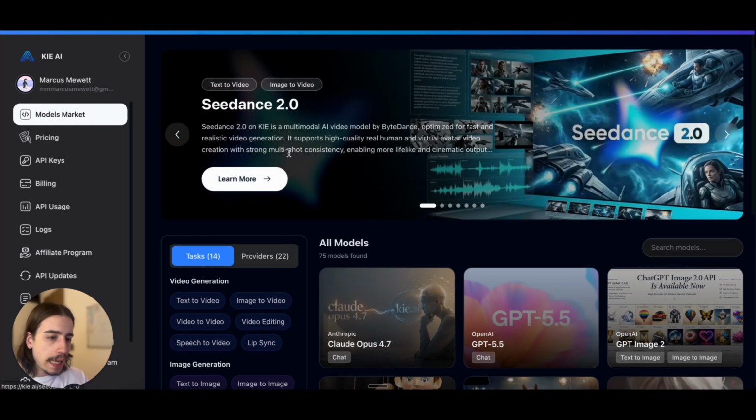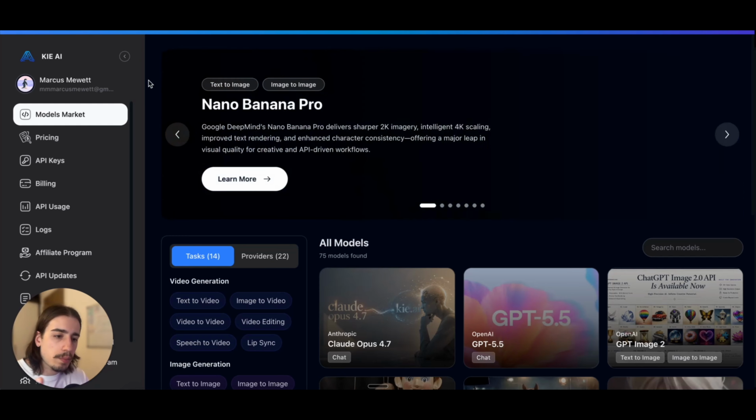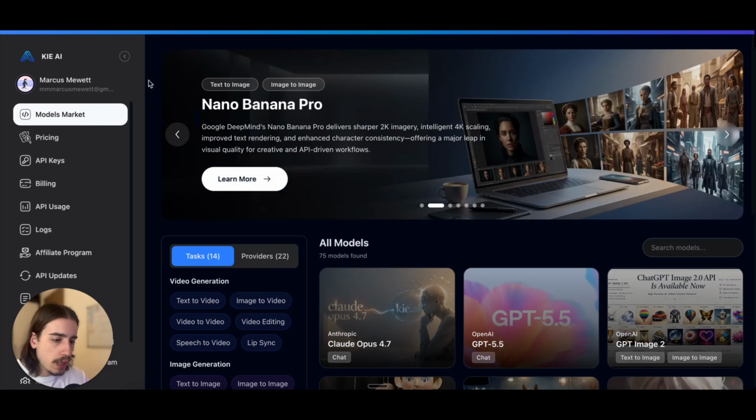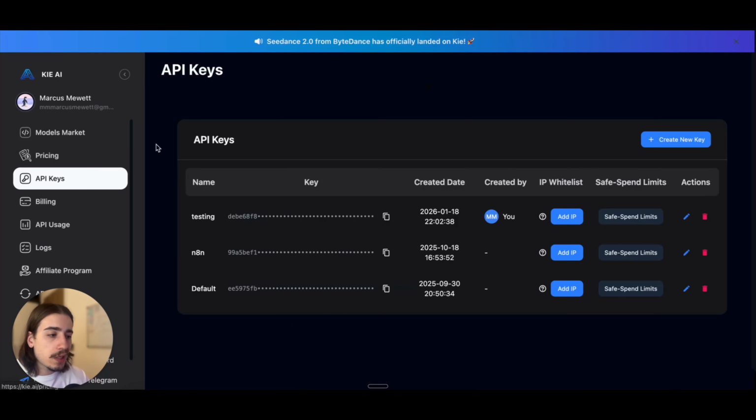But you want to make a Kie AI account, and you want to top up, let's say $5 for now, just for this example. Once you've done that, you want to click on API keys, create a new API key, and note that down. And then let's go back to